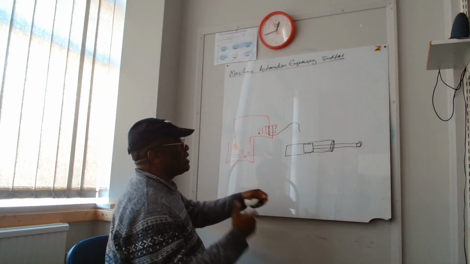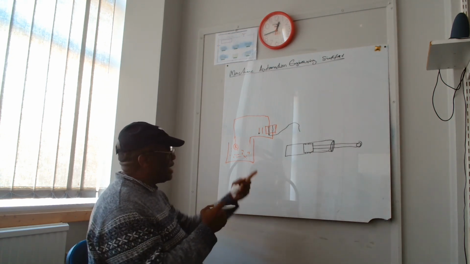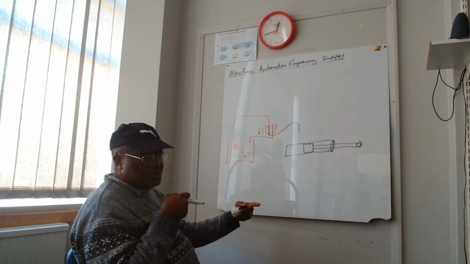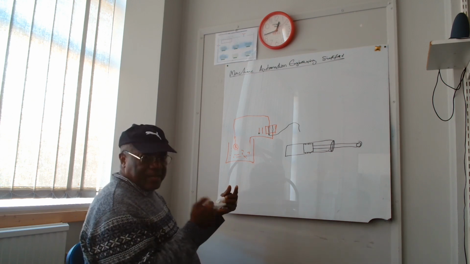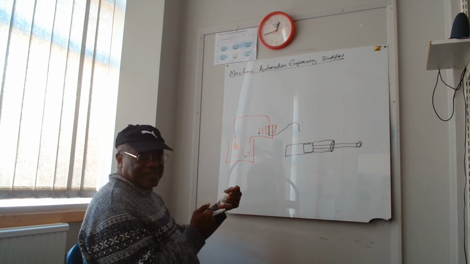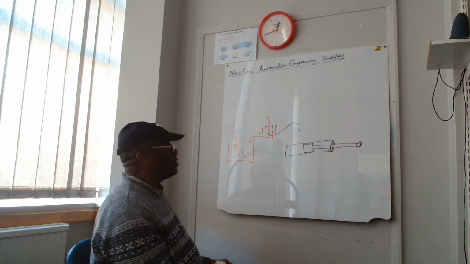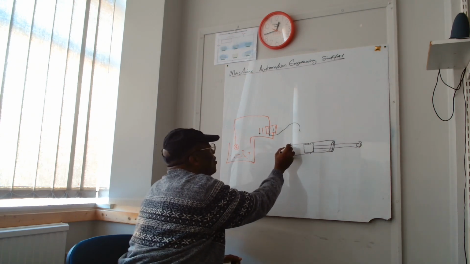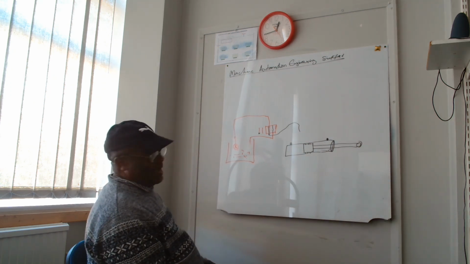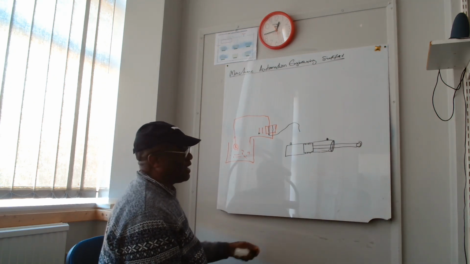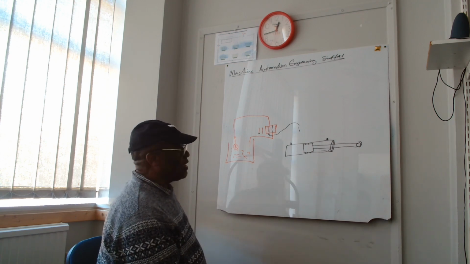And when it is like this, just like your injection syringe, you know that syringe, if you block the inlet and try to pull it, it will refuse because it does not have any way in. And if you want to inject and you block the exit, no matter how you press here, it will never move because it has to have a way out. That is also what we have on hydraulic ram. You must have two ends, inlet and outlet, but they are reversible. You get what I mean?